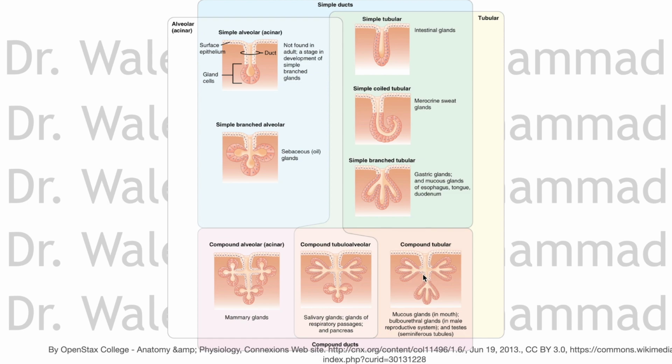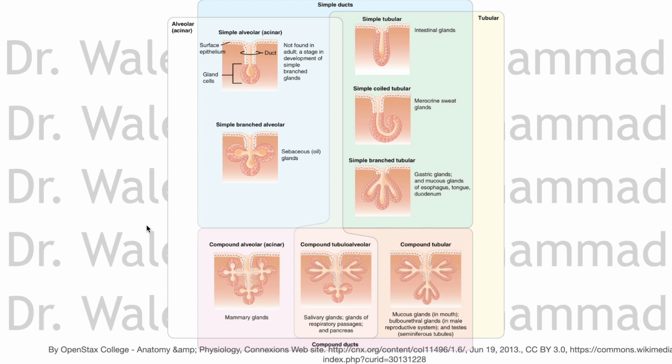from branching of many tubules from a single invagination. The compound tubulo-alveolar examples are salivary glands and glands of the respiratory passages that secrete mucus, and the pancreas. The compound tubular examples are mucus glands in the mouth, the bulbourethral glands in the male reproductive system, and the testis in the seminiferous tubules. So this is the classification of glands according to their shape,